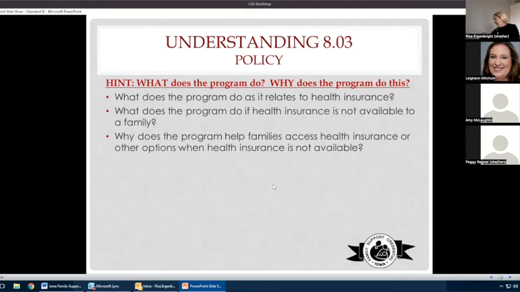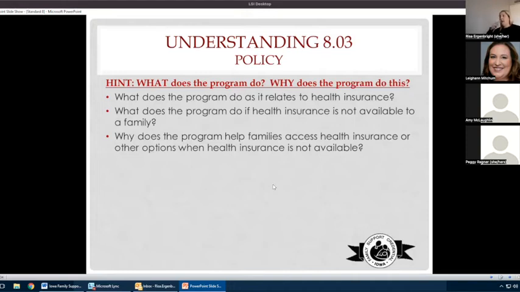The first thing I would say here, if you're looking at the standard and you're saying, oh golly, I don't know what our practices are, what we've got in place right now to address this, is: how do you know? How do you know if a family member, whoever is defined by the family, has access to health insurance? How do you know if the child or children, either enrolled in the program or not enrolled, have access to health insurance? If you're not currently asking this question, start asking it. You're going to have to start getting this information from families.